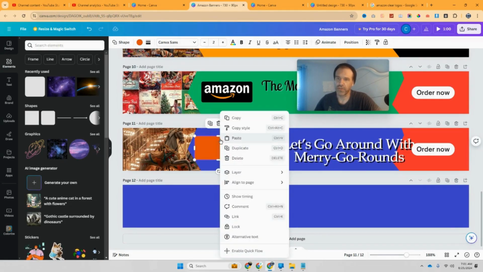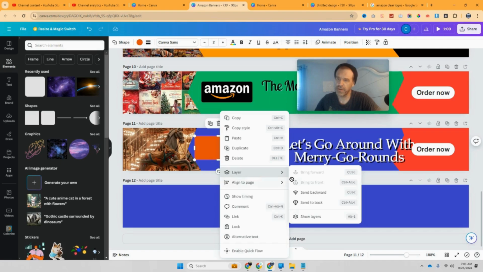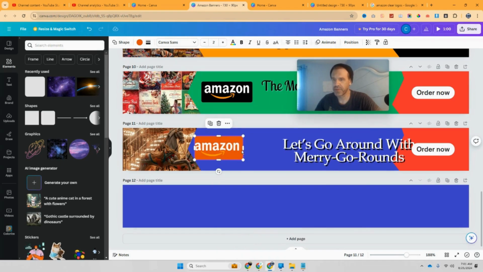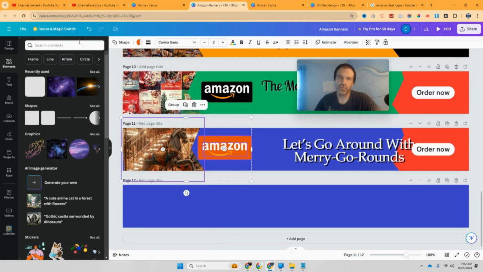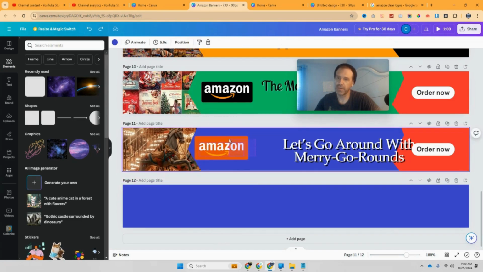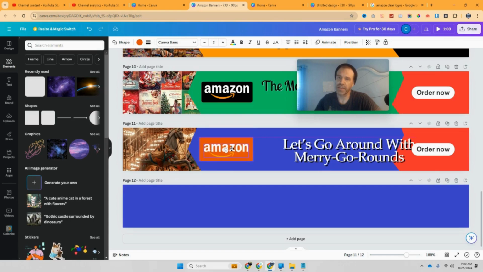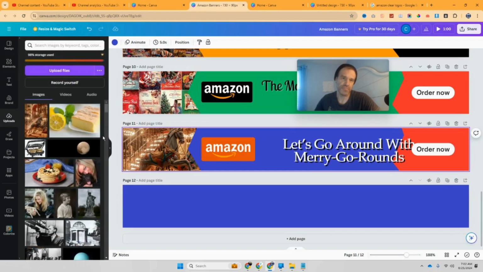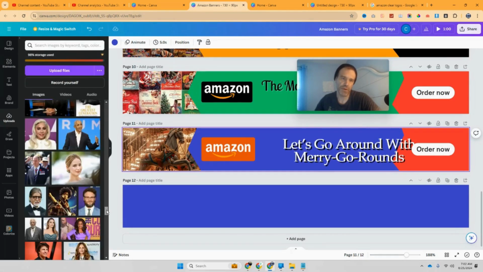And then you just right click and you can layer it and just send back. And then your Amazon image is right there. And oops, I want to grab that. So just left clicking, I'm dragging, and then I'm grabbing. And then if there's a black, I'd probably want a black